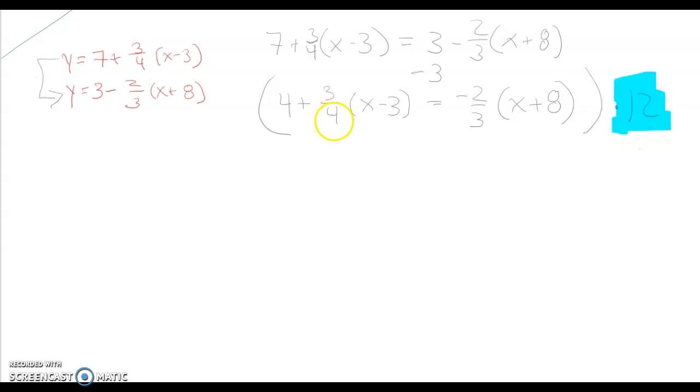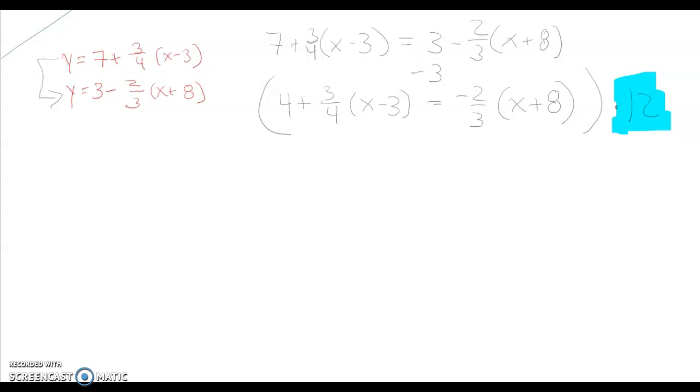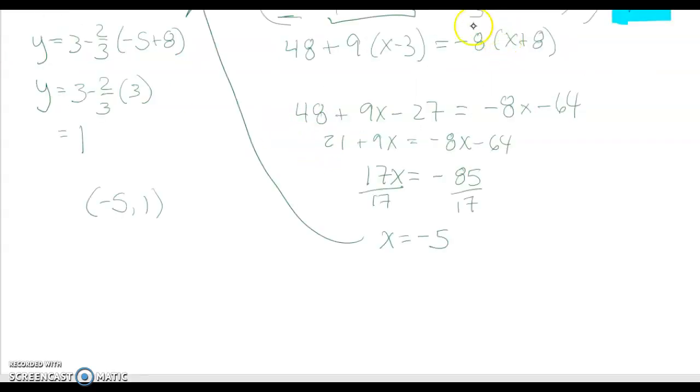And I see that if this has a denominator of 4 and this has a denominator of 3, if I multiply everything by 12, I can have an equation that doesn't have any fractions. So I just have to make sure that on this side I have a binomial. So I have to distribute it through to both of these terms. So when I finish all of my arithmetic, I get my x value, have to plug it